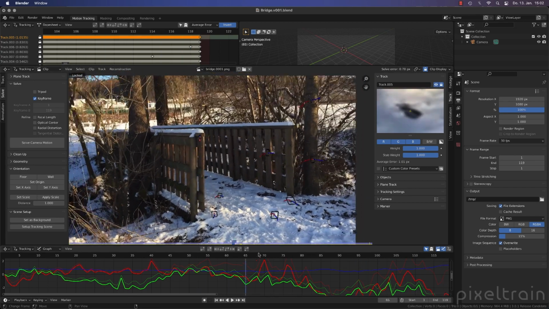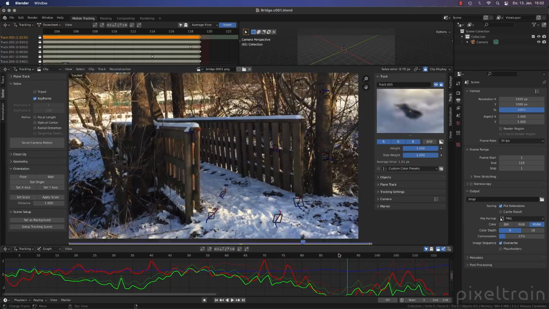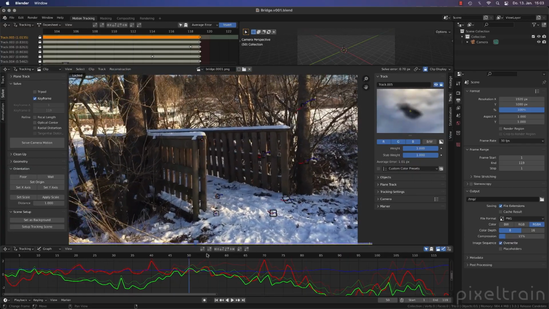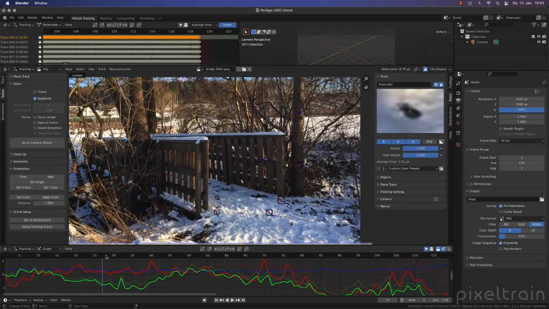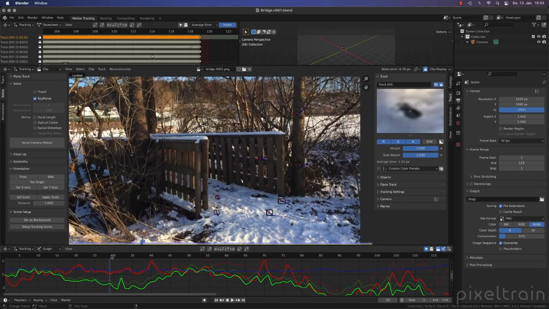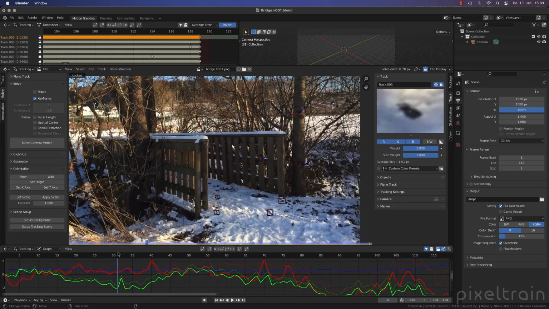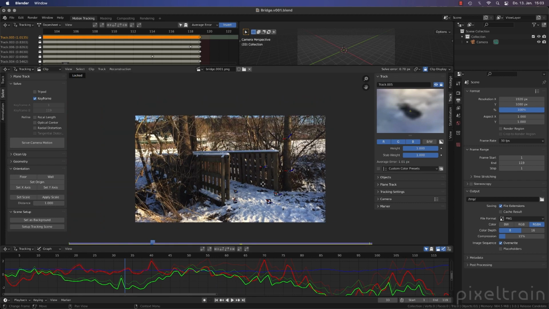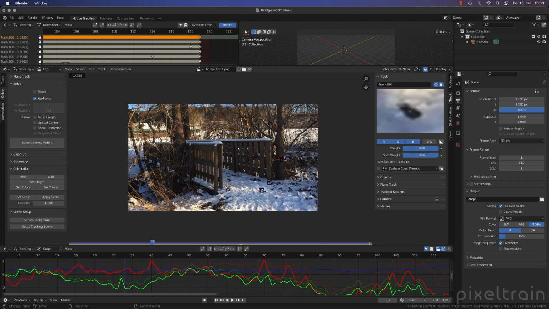One thing would be that we have a problem here with our focal length and also later the distortion of the camera. Let's try that. First things first, let's try to make better keyframes. We use the automatic keyframes.